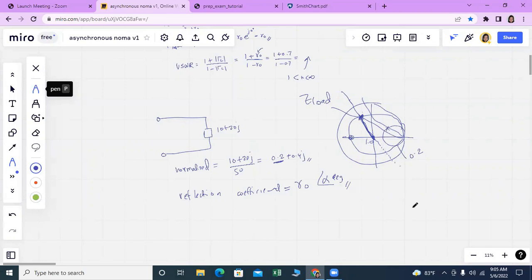That means you take the magnitude from the center to the load point and mark it on the exactly opposite point, 180 degrees from the load point, and you will get the point that corresponds to the admittance of the load. But that point is giving the normalized value. So in order to find the actual value, you have to multiply the admittance value that you get from the